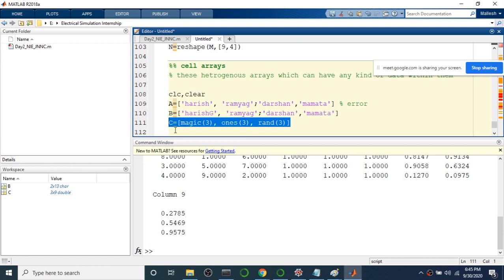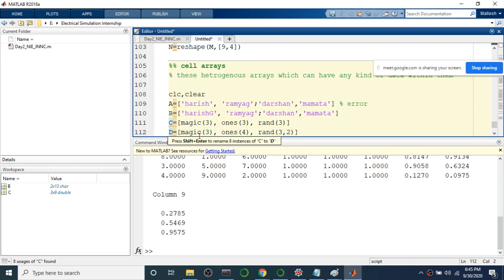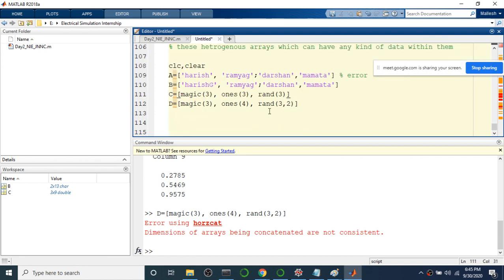But when I try different dimensions, say a 4 by 4 matrix and another with 3 rows and 2 columns, you will get a dimension mismatch error. So simple matrices are not useful to store strings or matrices of different dimensions.